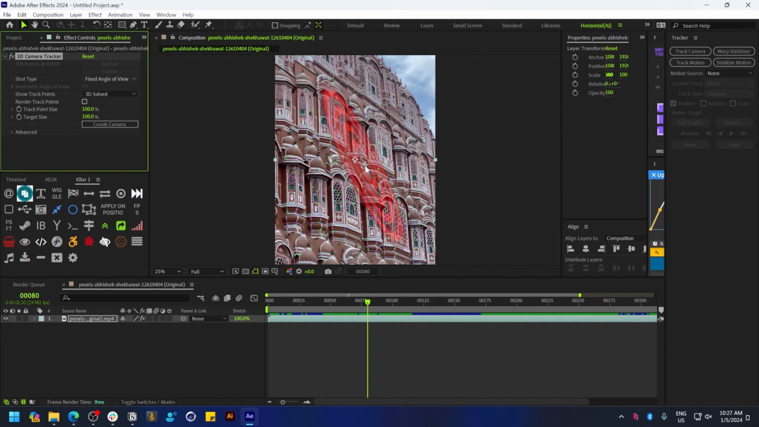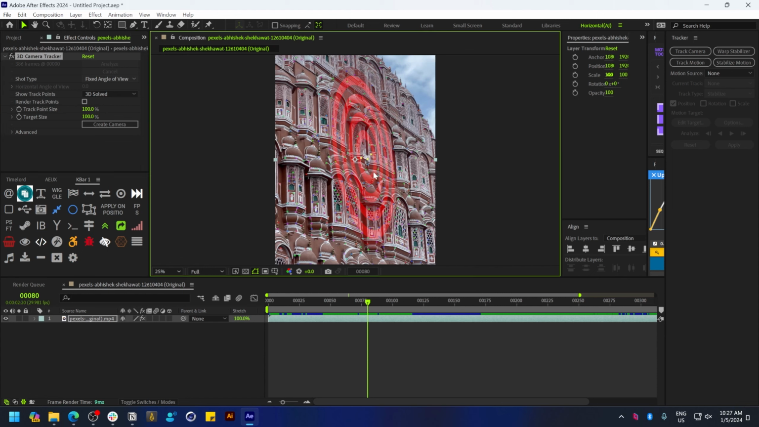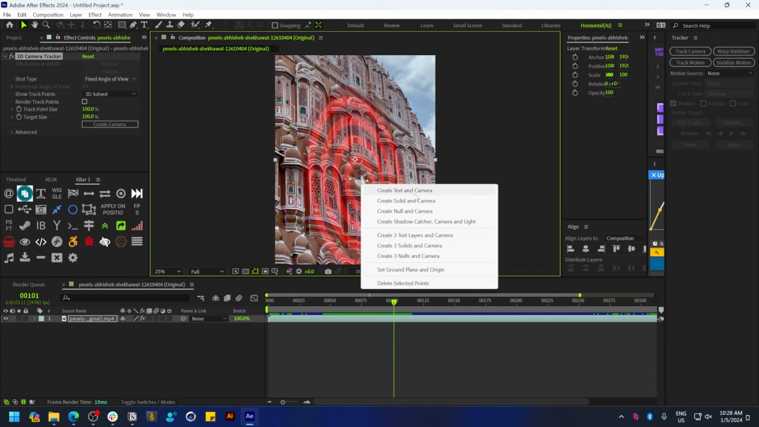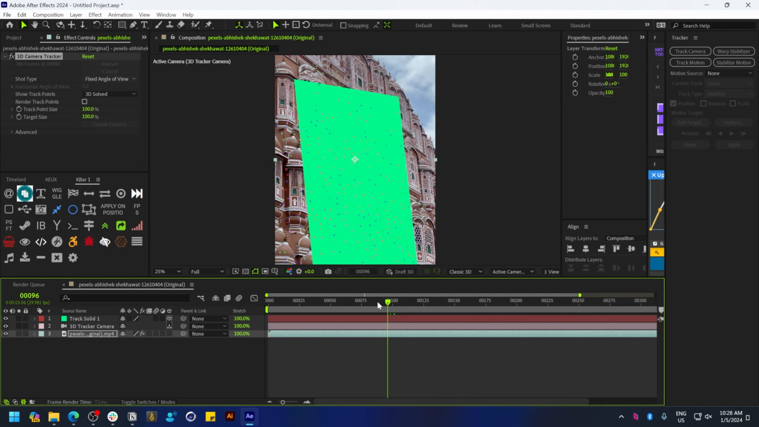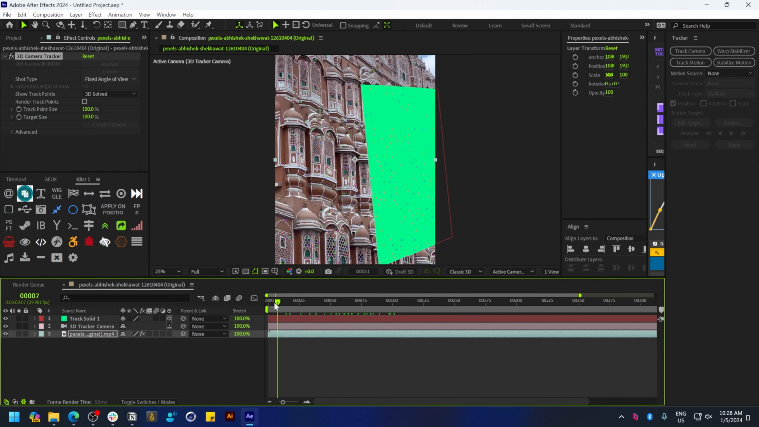that you feel is aligned to the perspective that you're looking at. It doesn't matter if you pick a wrong one, you can adjust this anytime. So once you've got the target selected, you can right click and select Create Solid and Camera. This will create a solid, and if you preview it, you can see that it's tracking and aligns perfectly with